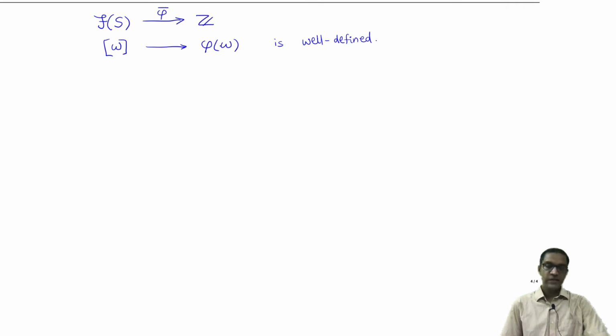So this is the number of a's minus the number of a primes. This gives me a well defined map from the free group on S to Z. S, remember, is just a singleton here. So firstly, it's well defined, and now I claim that this is actually the isomorphism that we want. First let's show that it's a group homomorphism.